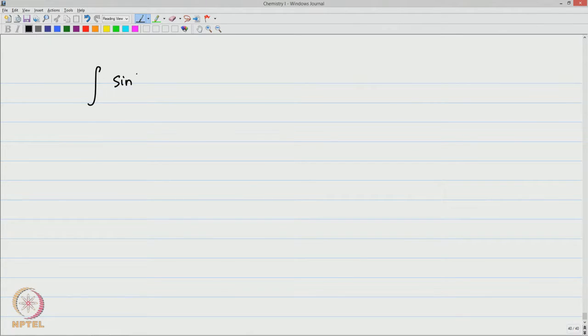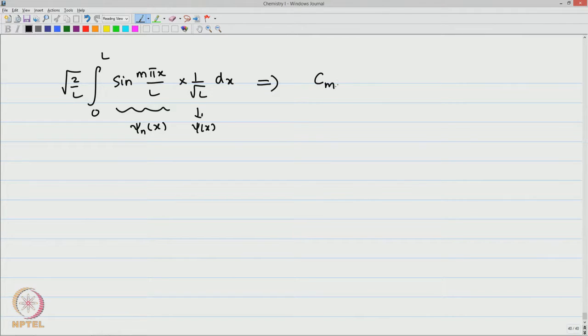because that is essentially taking the integral on the left hand side with any arbitrary eigenfunction, square root of 2 by L sin m pi x by L, from 0 to L, into 1 by root L. This is the psi n, the eigenfunction, and this is the wave function psi of x. Okay. Dx will immediately give you Cm on the right hand side, because this will pick only the Cm, all the others will go to 0. Therefore, this integral is root 2 by L by m pi